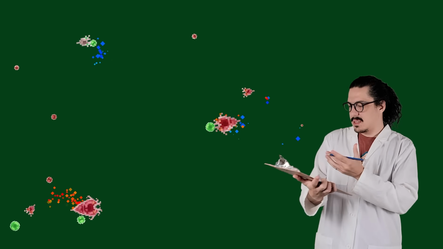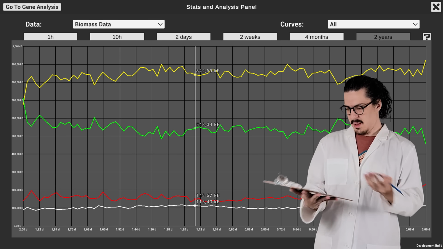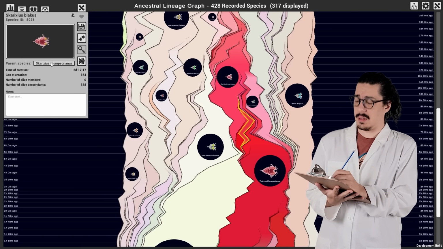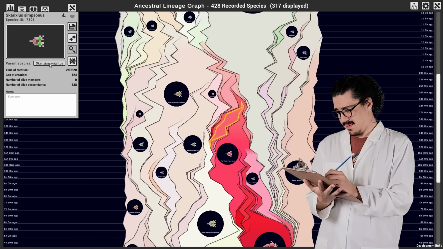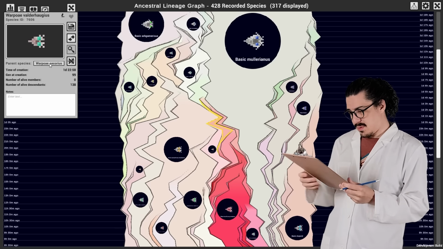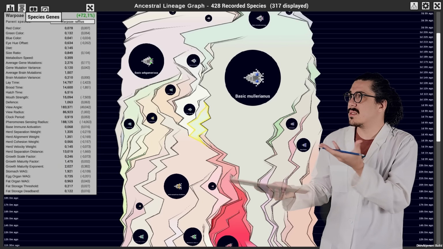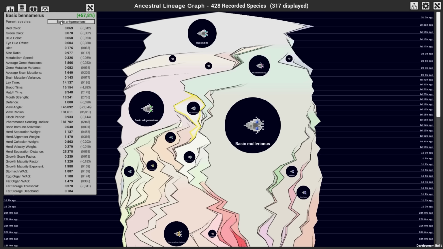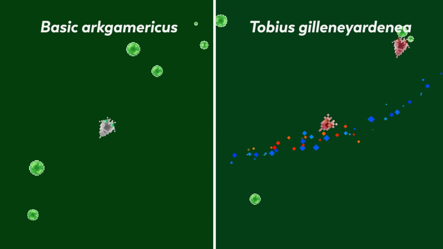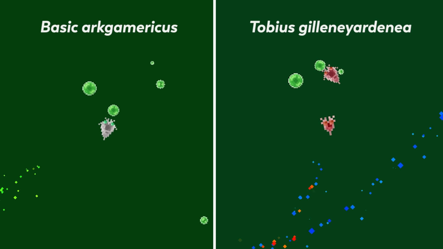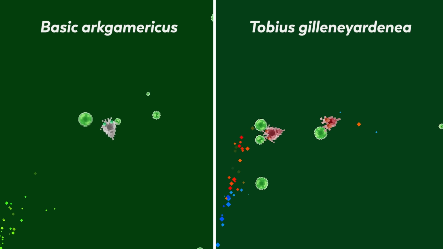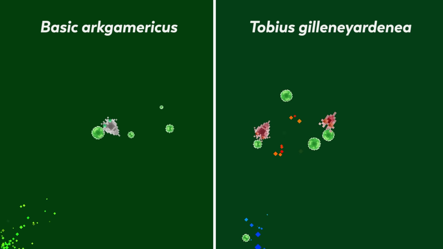In this case, even with all the new tools and statistics at our disposal, it was difficult to determine what selection pressure promoted this red color. We can only guess as to what actually happened, but from what I garnered, this all started with their ancestor, the dense zone Archgamericus. While they didn't display any strong coloration themselves, they did have a few mutations that would ultimately be the start of a very interesting tale.